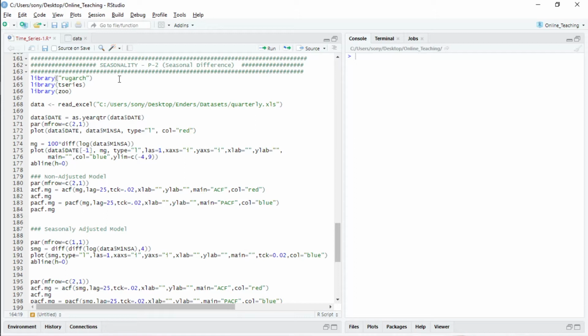In this video, I will not show how to get the deseasonalized data by using the packages, because I showed that in my previous video. Here in this video I'll show how to get seasonal differences.